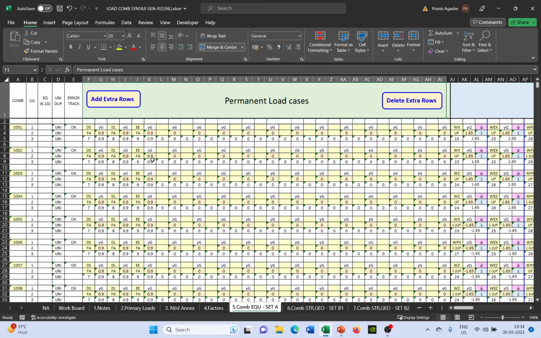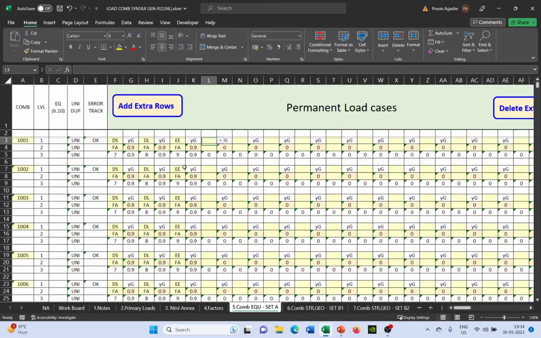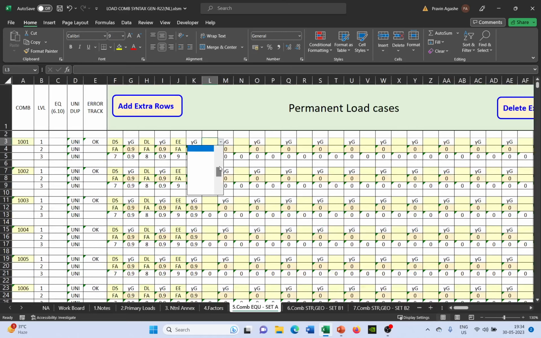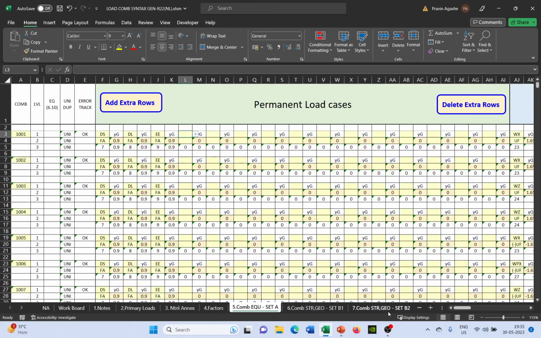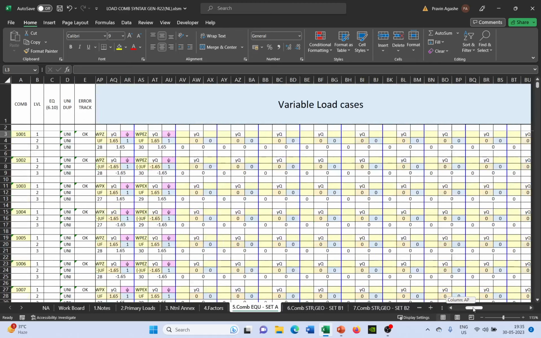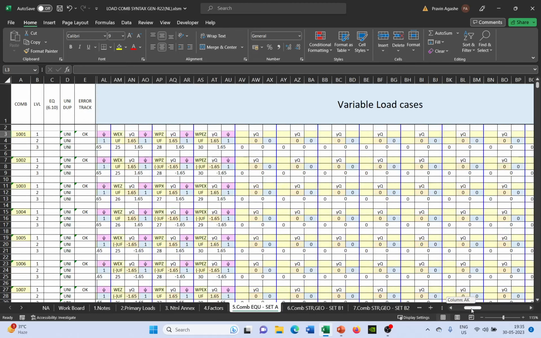So if you zoom in and see any scroll bar, any drop down menu, here only permanent loads will be available for the user to select. So the user cannot define any variable loads into the cells which are meant for permanent load cases. Similarly, for variable load cases,